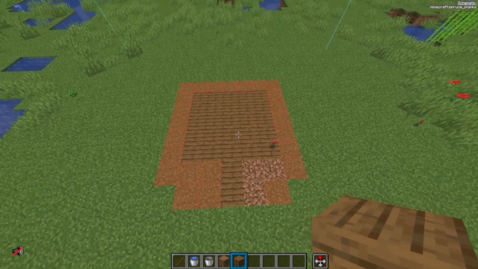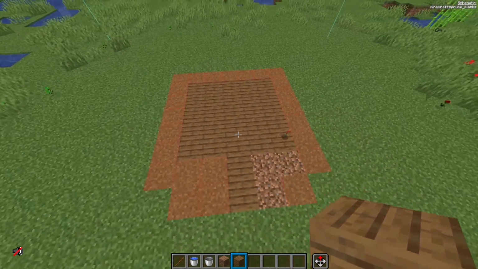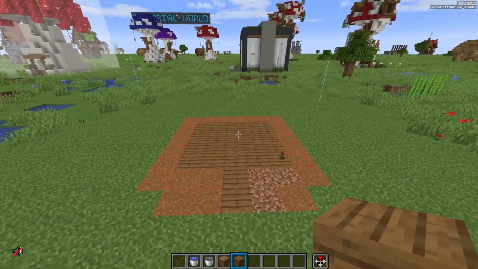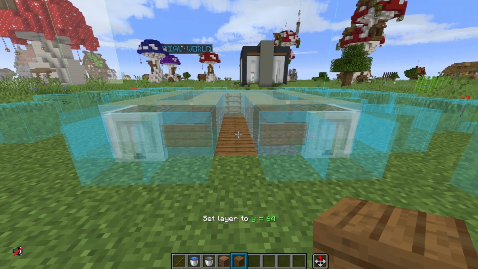Just like so. You can see it looks like a little player head right here, and it's a 5x5 spruce plank square with spruce planks just kind of sticking out at the bottom there. Now if I go ahead and hit Page Up, you can see it brings up the next layer of what